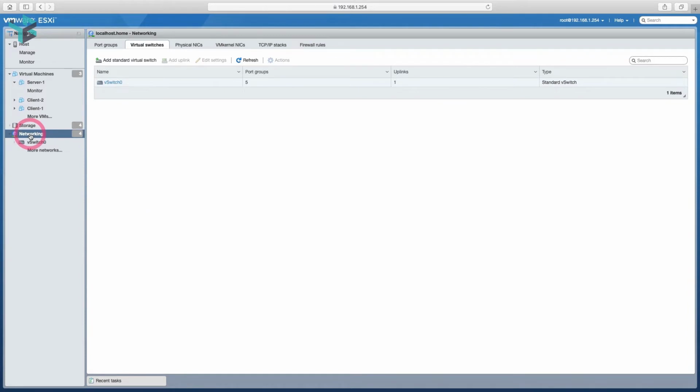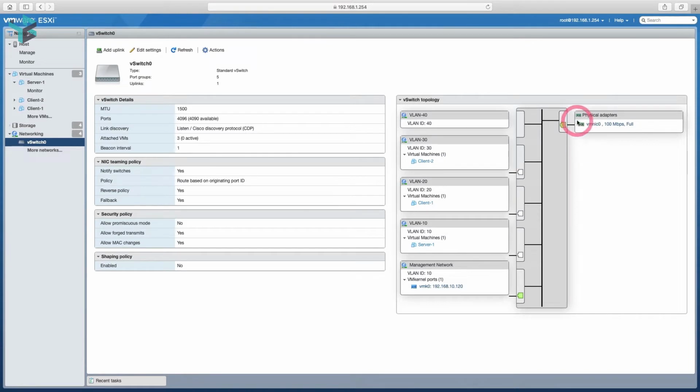Here, we create virtual switches so that virtual machines on the hypervisor can connect. We only have one virtual switch at the moment. Let's look at this switch. This port you see here is our port connecting to the physical switch. Our switch here is a virtual switch. By connecting the virtual machines on the ESXi hypervisor to this switch, we enable them to access the physical network from here. We can create VLAN groups on this virtual switch as you can see here.